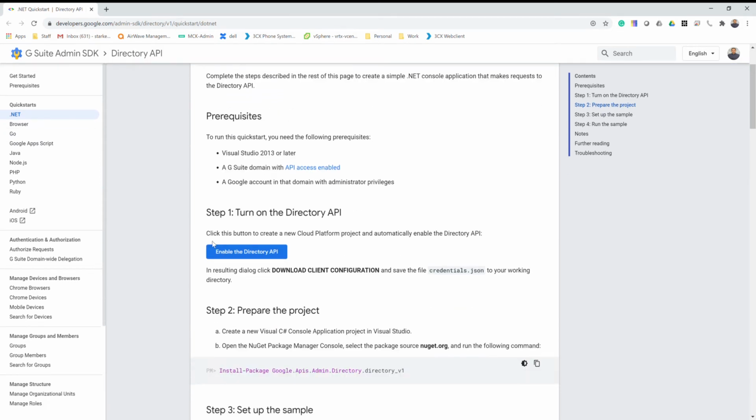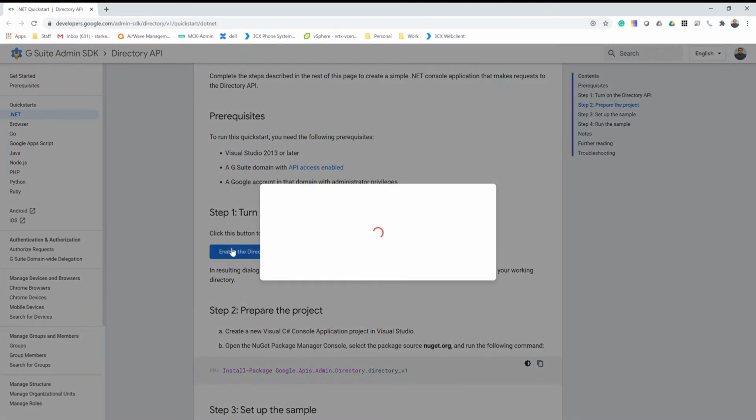So the first step is to enable the Directory API. When you click on that, just make sure that before that you log in with your organization account. As you see up on the top, I logged in with my organization account and I create a name for my project, and after that